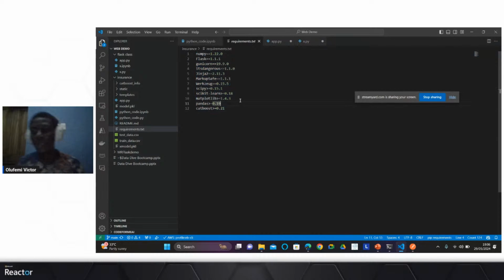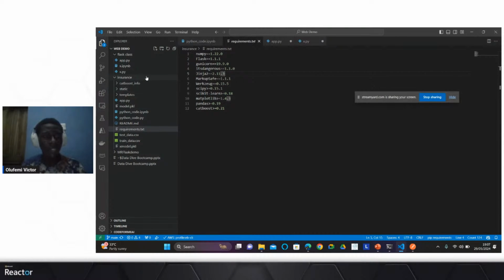And then you can also see the requirements.txt file, which I've prepared so that I can deploy. Because of course, when you're deploying to a server, you definitely need to specify the requirements for your app to run, right? So I used CatBoost, Pandas, Matplotlib, and a bunch of others which I've then specified. And of course, very importantly, Flask. I've also specified the versions in case you're having trouble running the app, so you can then install this.